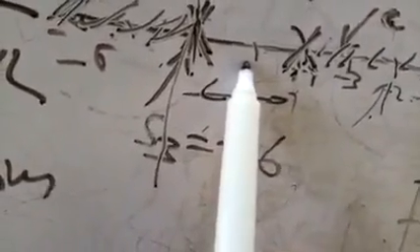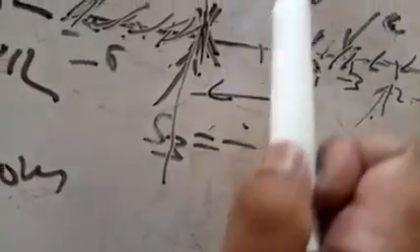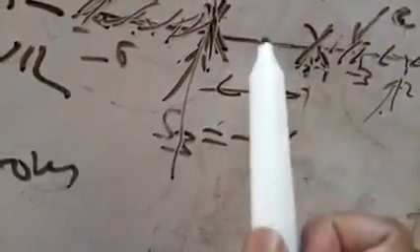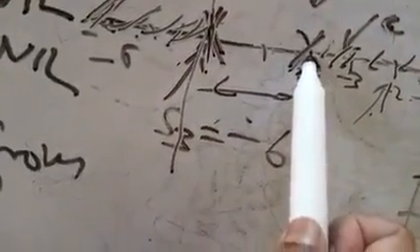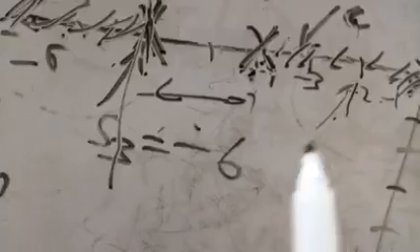What is the use of this existence? When your breakaway point is between minus 6 and minus 4, that means this breakaway point is invalid. Root locus never crosses this region, between minus 6 and minus 4. Your root locus passes through this area or this area. So this is the use of determining the existence of root locus.